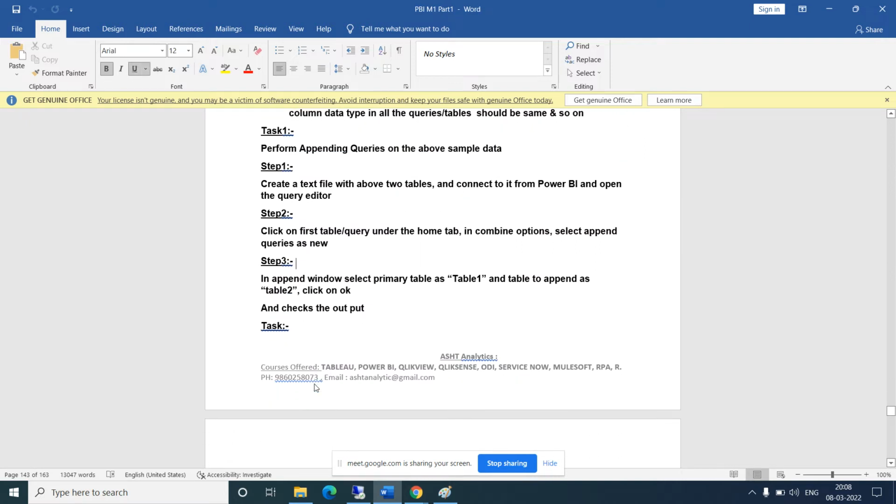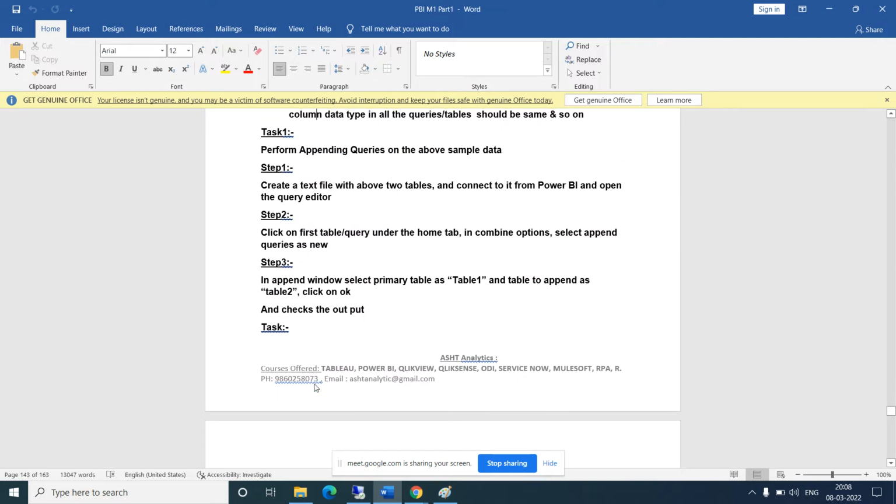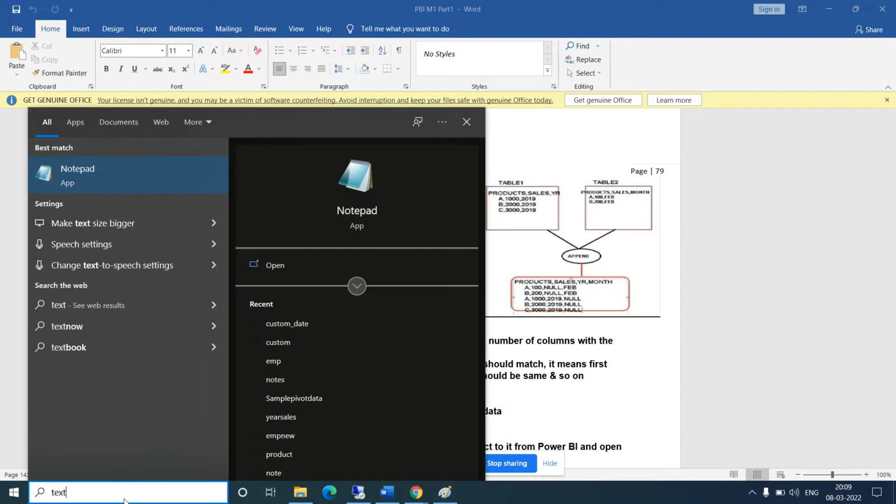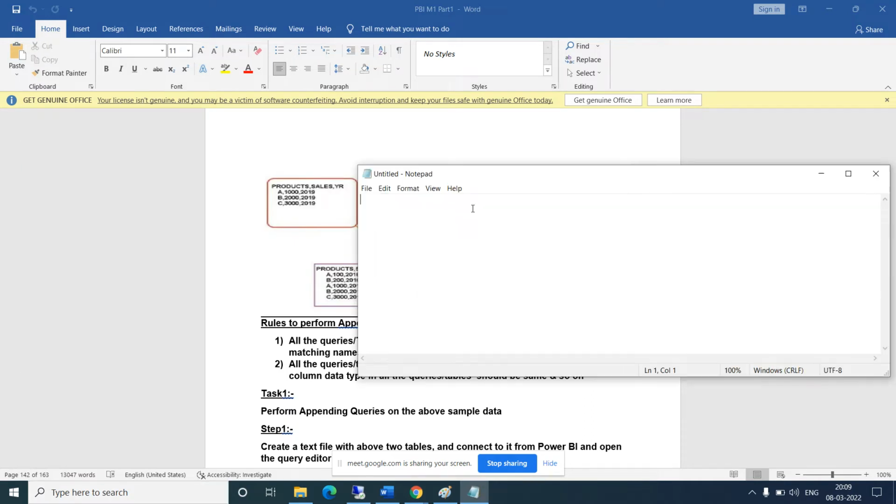So let's see the difference with one example. Let me create some sample data, this product and this product, in a text file. Product, sales, year.